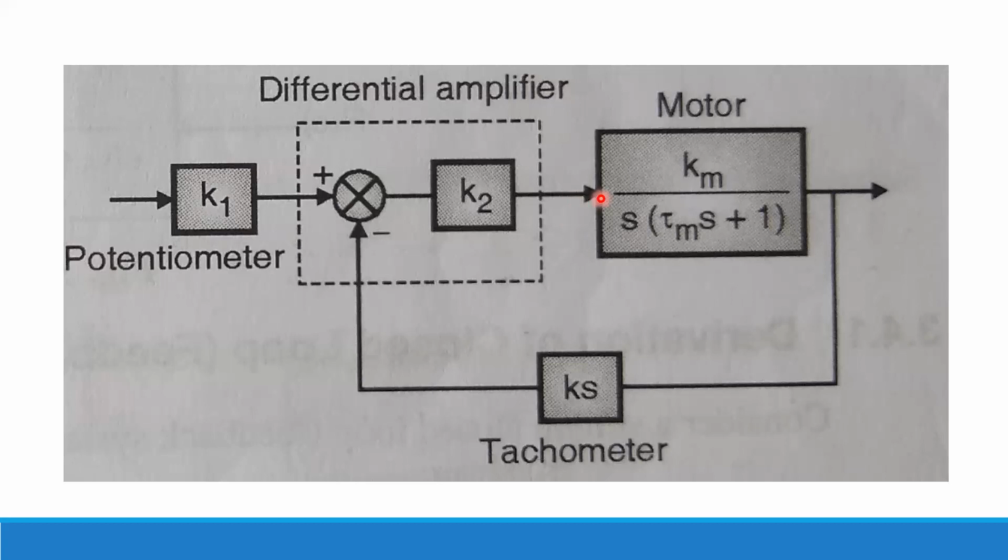Now this DC motor will run, because there is an input signal given to it, and it will produce some RPM, some torque, and that output rotation of the shaft will be measured with the help of a tachometer, and that same signal will be given to this point. The remaining signal is used as per the requirement. We are only taking the signal for the summing point. So this is your takeoff point, this is your summing point, and all these things are blocks. The whole diagram is a block diagram. So this is the way you represent a block diagram.